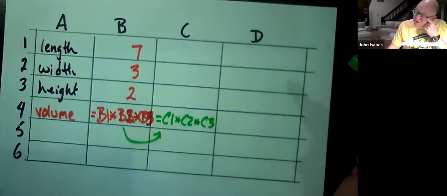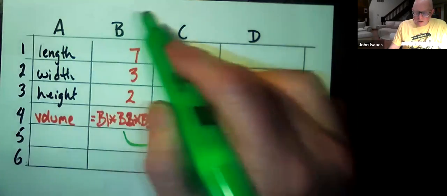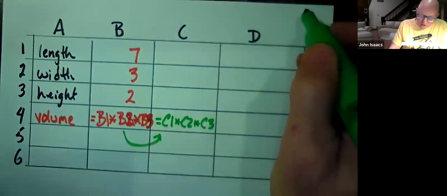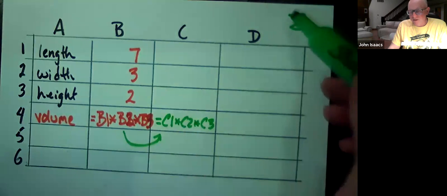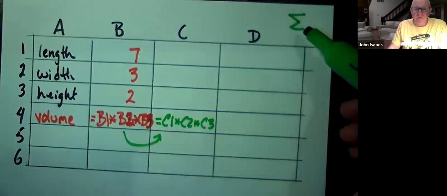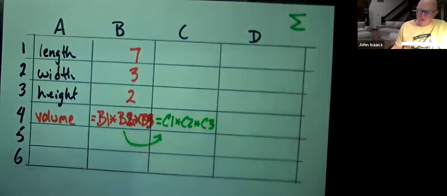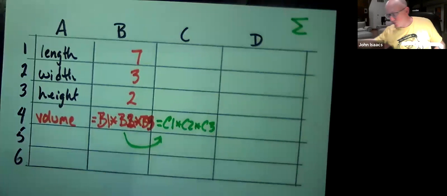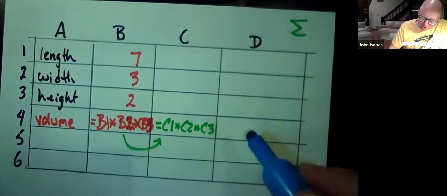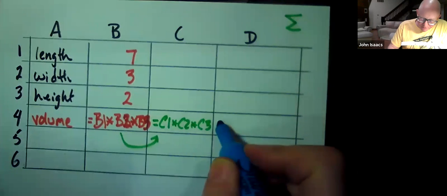Right. The other thing I want you to see is up in the top, up in the command row, there's a symbol like that, which means sigma in Greek, but it means the sum of a bunch of things. And this is just a symbol that then brings up a whole list of functions. If you do the sum function, it will add a bunch of numbers. It will give you a sum. So the sum function, instead of listing out different cells like we did here with multiplication, which you could do,